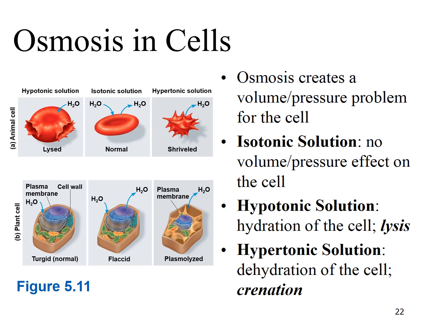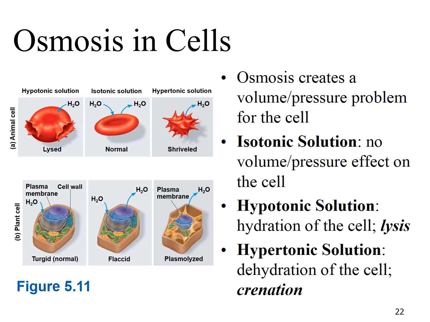solvent, being the water. So if you suspend a cell in a hypotonic solution, essentially you have a higher concentration of water outside the cell in the extracellular fluid, and a lower concentration of water inside the cell in the cytoplasm. That water is going to go from a higher concentration to a lower concentration, so it's going to move into the cell, causing the cell to become hydrated. But if a cell remains in a hypotonic solution for an extended period of time, as it gains more and more water, you're going to increase volume and eventually pressure inside of the cell, and the cell can actually